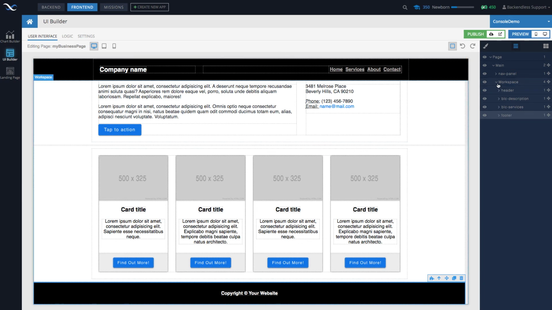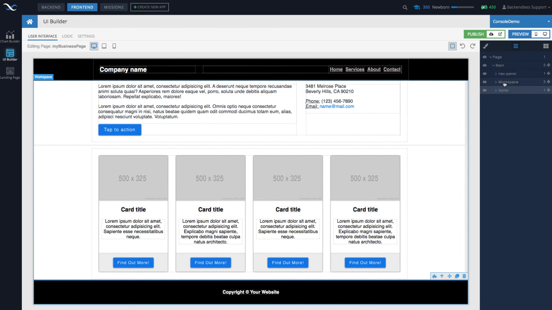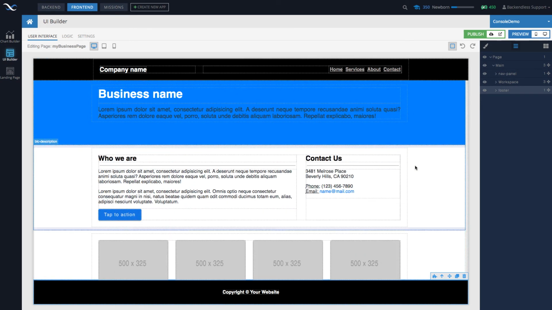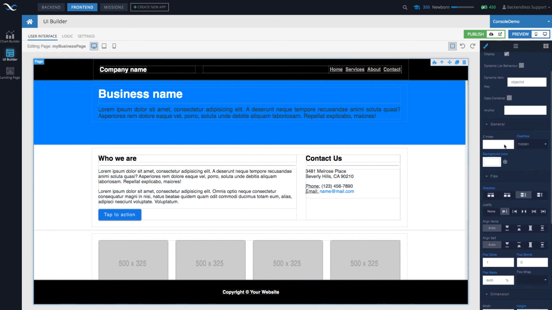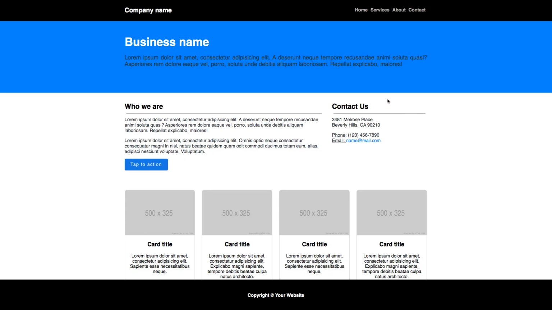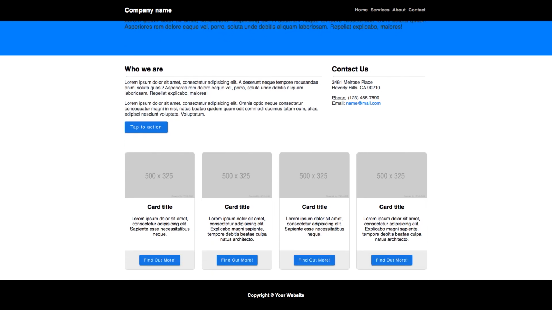So this is the footer, and as you can see, it is inside of the workspace. If we take this footer outside of the workspace to be located in main, and we can do it just by simply dragging it out here, then what we have is the header and the footer are sticking to their position. Main consists of 3 child components. Take a look at main. It has this top to bottom navigation, and now by rendering it in the browser, we have header and footer sticking to the top and the bottom of the page, and then everything else inside is scrollable.